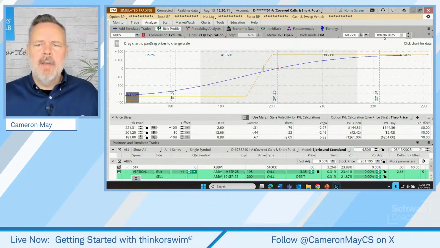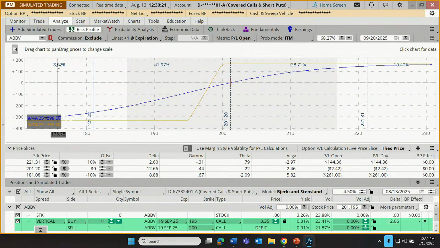At the same time, you'll notice there are other percentages being displayed on our chart. They're not 68%. This one's 38, that one's 42, that one's 10, that one's 9, roughly speaking. I'm rounding just for convenience purposes. What are those? Those are the probabilities that our stock on September 20th lands somewhere between these slices.